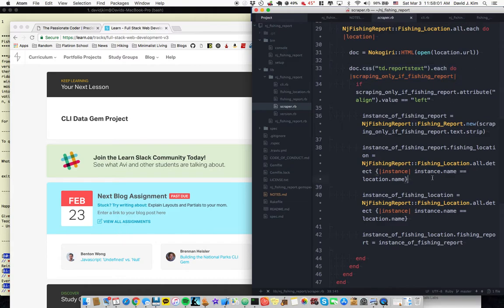By calling the location name, I can find the name attribute of a phishing location instance, and through that name attribute of the instance, I can find out the instance that it's actually in, and then I basically